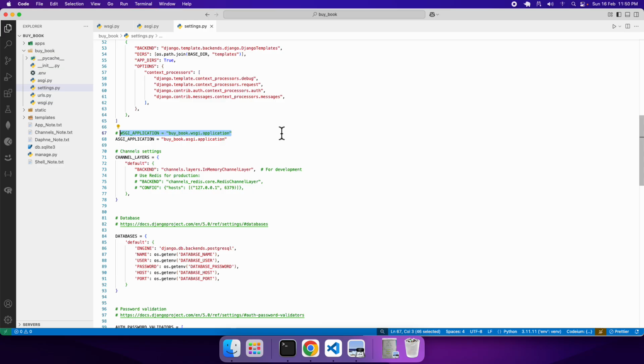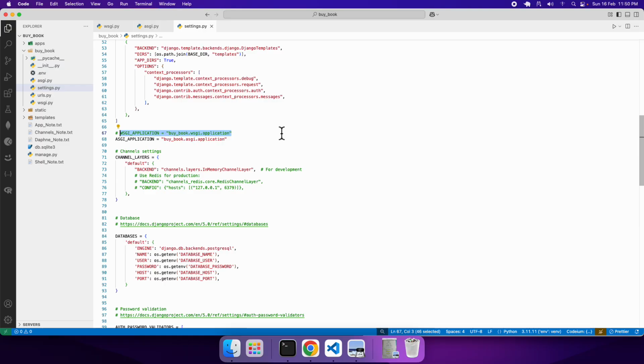So every Django application by default supports HTTP request and response, and HTTP request and response is not real time. I repeat, it is not real time. So the case study which I provided just a few minutes ago, if you really want to implement that using HTTP request and response, it is in no way possible. Hence we have to move to ASGI, which is